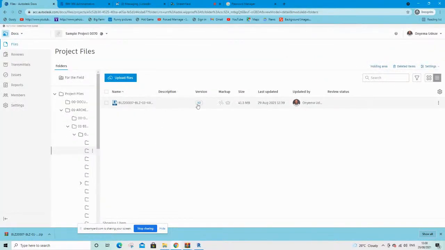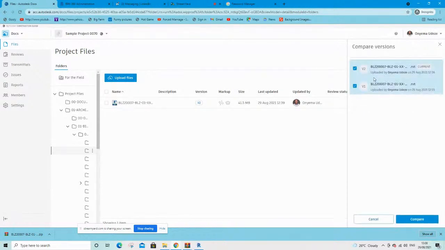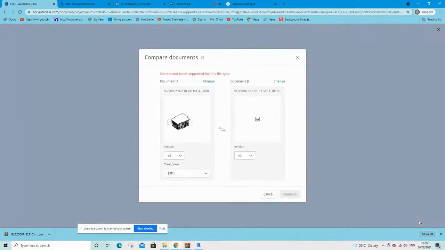And then you can see here that I have this version 2 now. So there's also something called compare in this docs module. When I click on this version number here, I will see the version history of this particular file, right? When I click on this compare versions down here, in a project like I mentioned, you can have a file that has up to 500 versions. Perhaps I want to see what has changed between version 100 and version 2. For example, all I have to do is pick those two versions and click compare, right? So when I click compare,